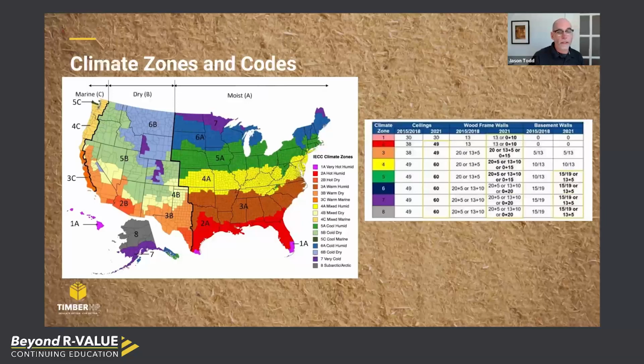Yeah, great question. And just because it's on topic still, Juliet asked about the 0+ in this table. This is new for 21, and it essentially is saying that it's always cavity first and then continuous after. So that means nothing in the cavity, which is what you would see in more commercial codes or following ASHRAE models of the overall U value of the assembly. There are other charts in the residential and commercial code that allow you to just add it all up like you would for a window. It gives you a little more insight on the actual effect of R value, but that is an option now